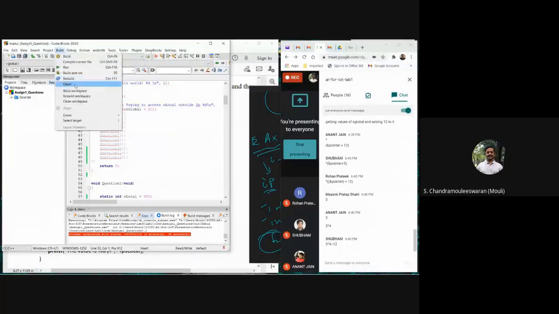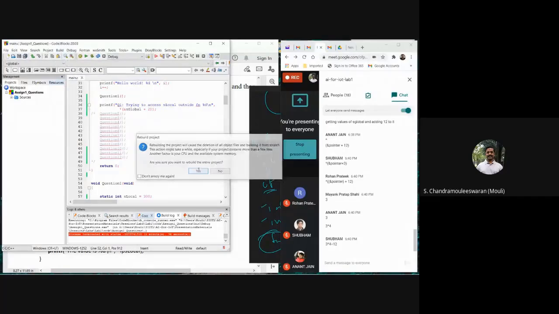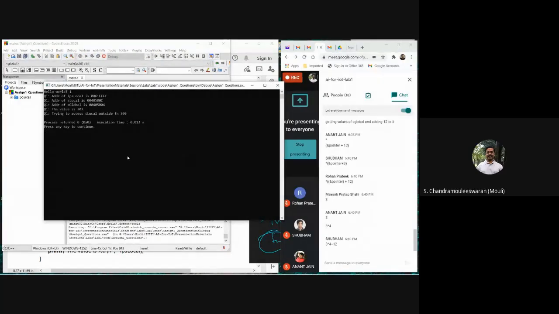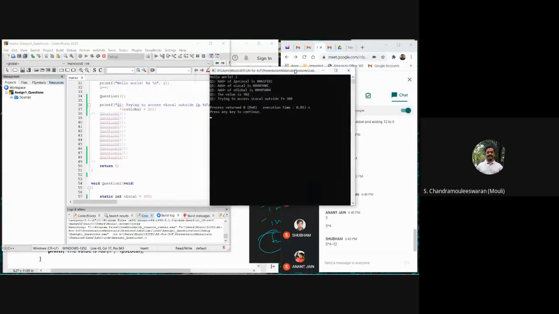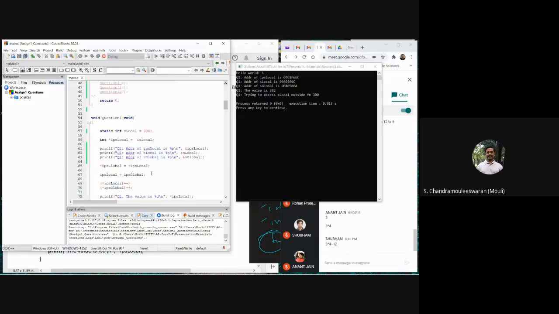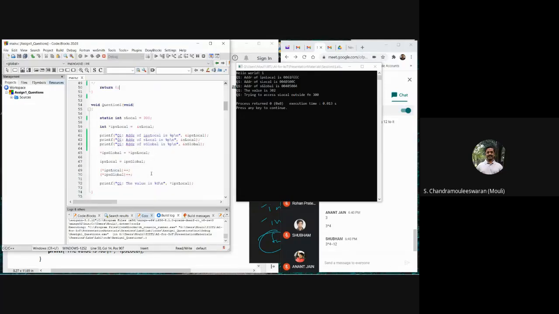Okay, just wait a minute. Let us just resolve it. You can try it out later also. Okay, instead of wasting 300. Okay, we have to look at the memory and then check it. Where is it accessing? We have to check that. Now, why is it getting 300? Ah, correct. It is correct now. Oh, no, it is not correct. Wait a minute. We are printing SP local here, 202. So,